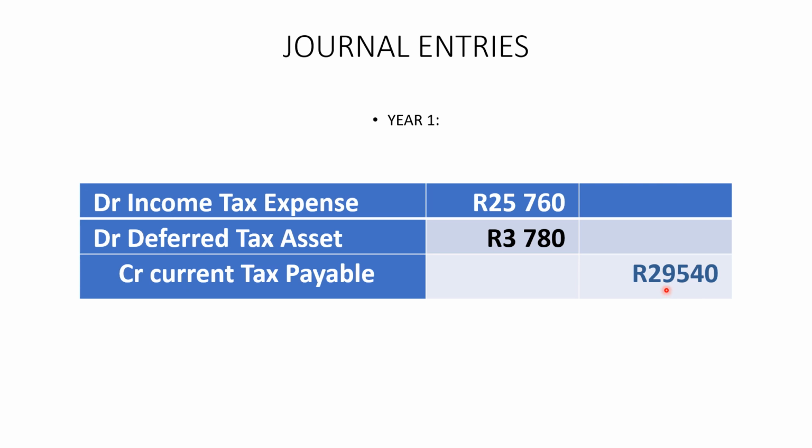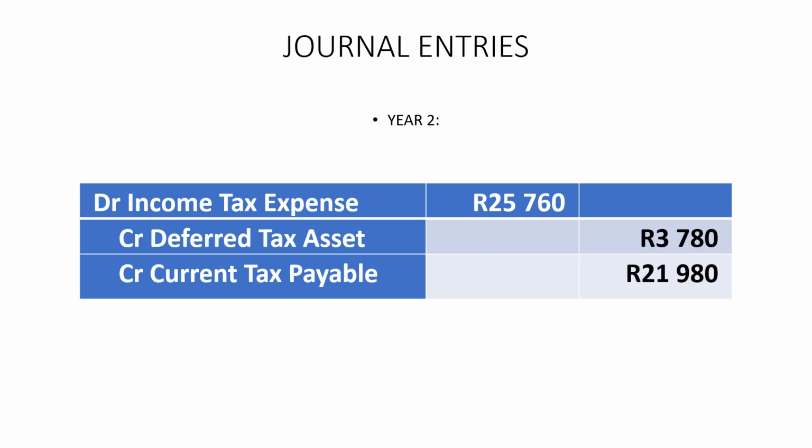We're supposed to pay only 25, but the tax authority said no, you must pay 29,000. So we're paying 29,000 now so that in the future we're not going to pay; an economic benefit of how much? Of 3,780. And in year 2 now, our income tax expense is still the same, it did not change, 25,000, which is